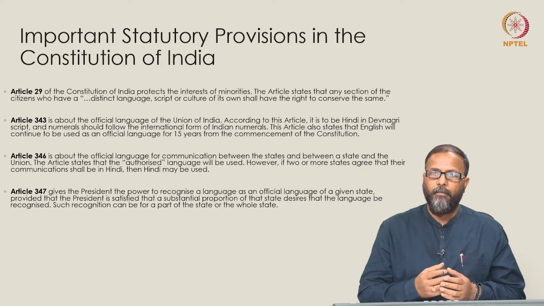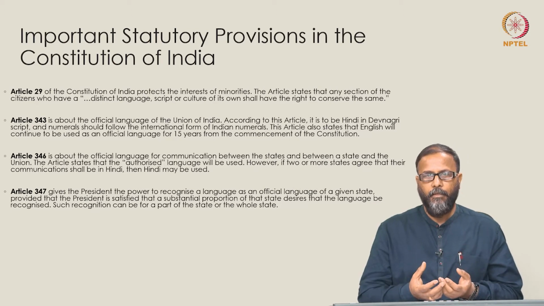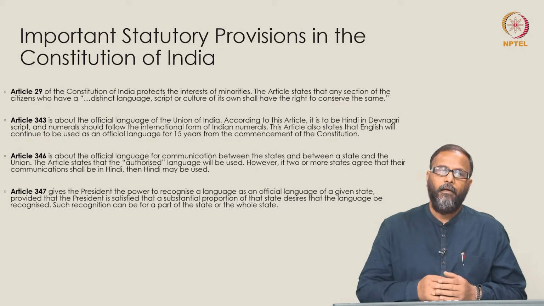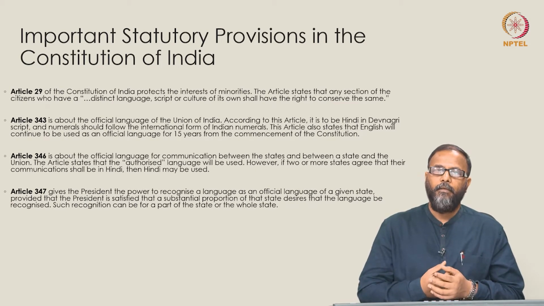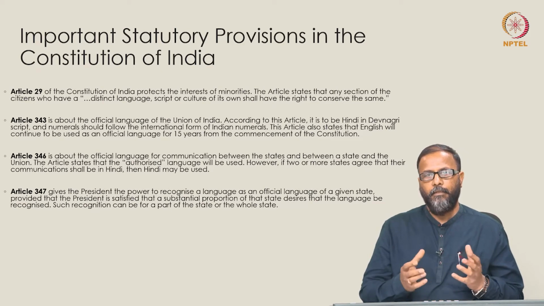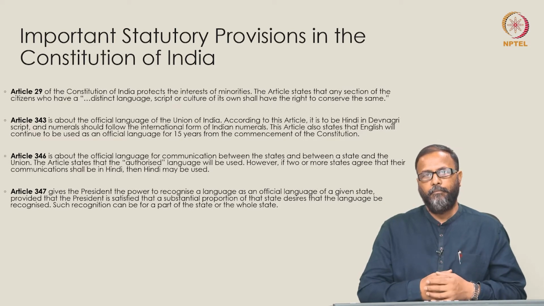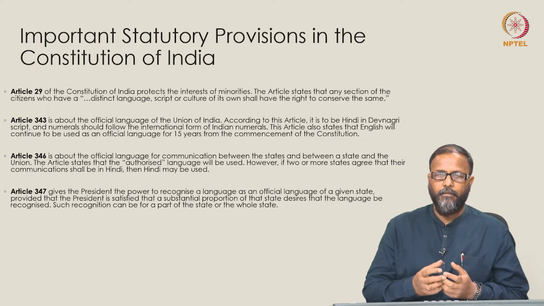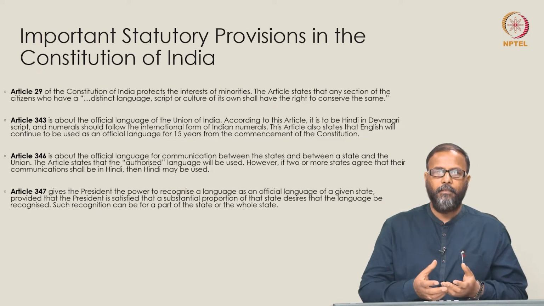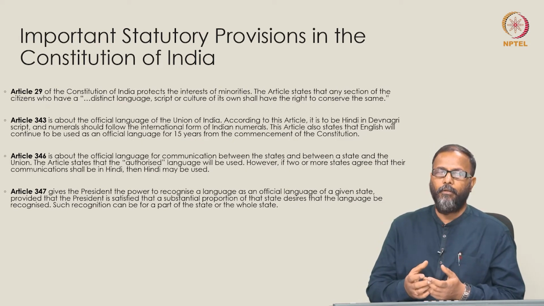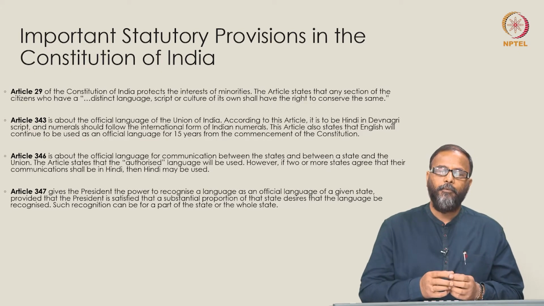Indo-Aryan language family is the largest language family, almost covering 70% of the population that speaks languages from the Indo-Aryan language family. Then we have another major family, the Dravidian languages family, concentrated around the southern part of the country. Then we have Austro-Asiatic languages scattered in the central Indian part, and then one or two regions in northeast part of India, and then Tibeto-Burman language families.